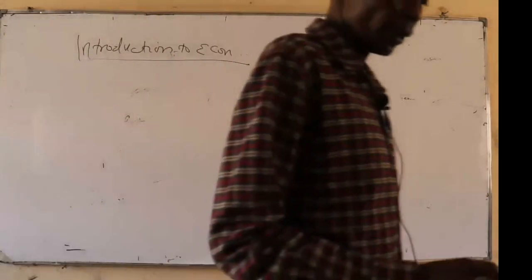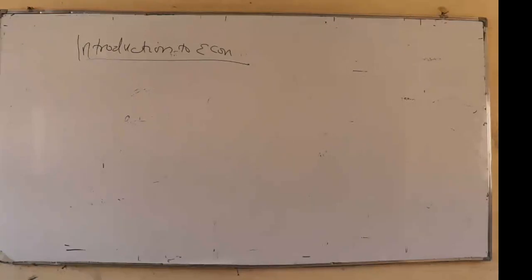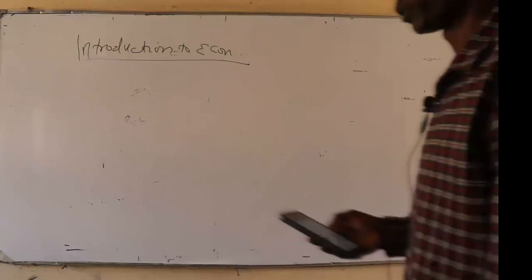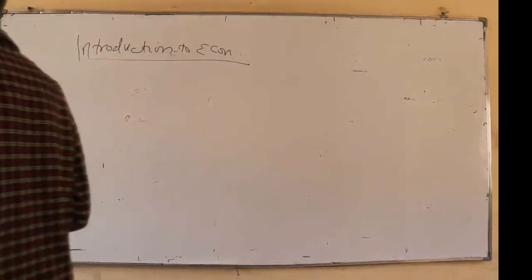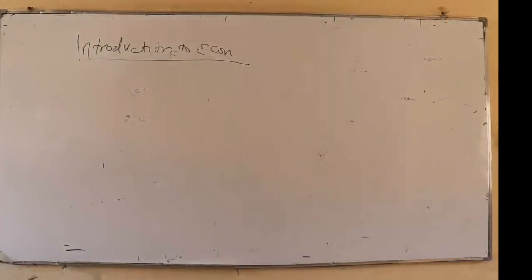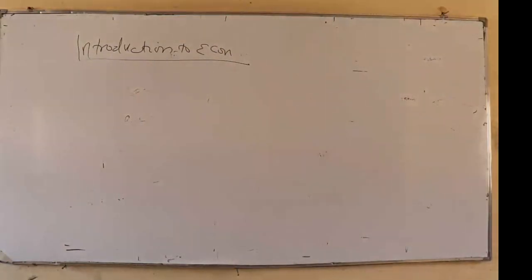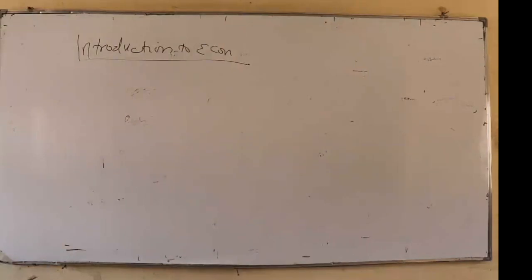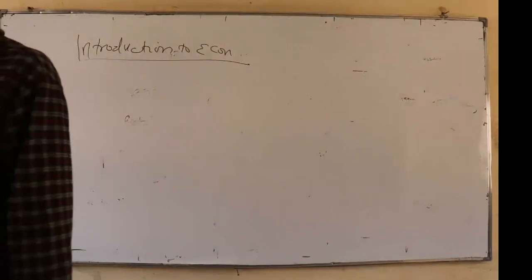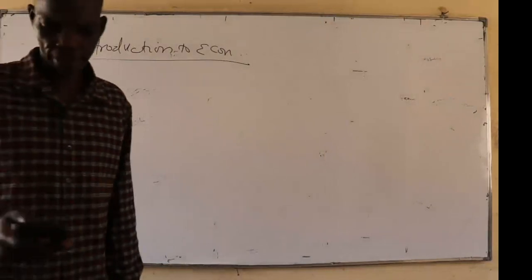So we want to pick from where we were, that is yesterday, and we were still on the introduction part. So far, we understood what economics is all about. Whenever we are discussing economics, what goes into our mind is that it is about allocation of scarce resources. And we also looked at some terms in economics: economic resources, human wants, scarcity and choice, opportunity cost, and PPC. And we saw what they are.